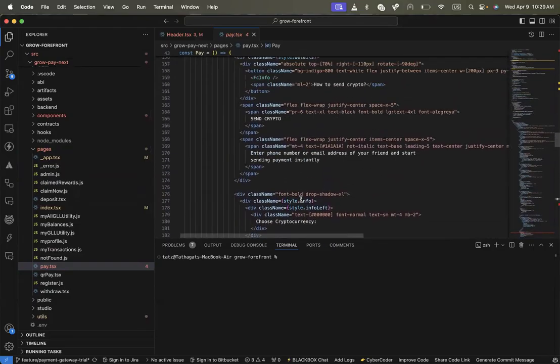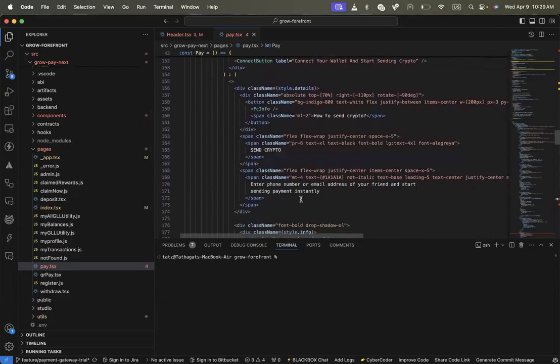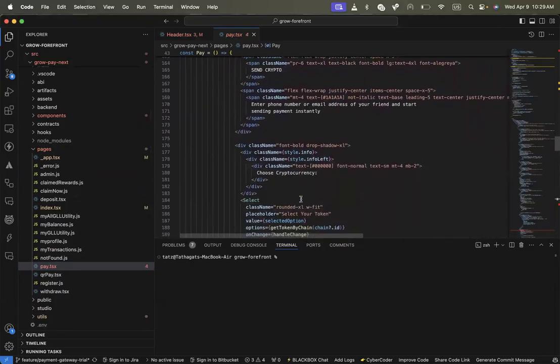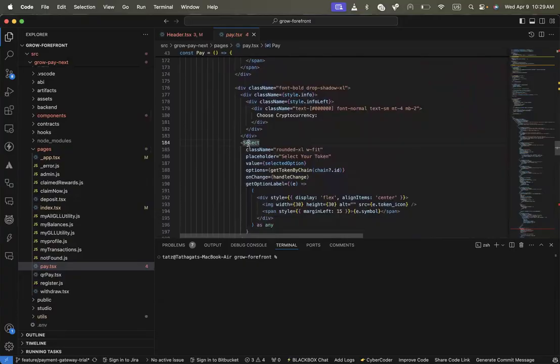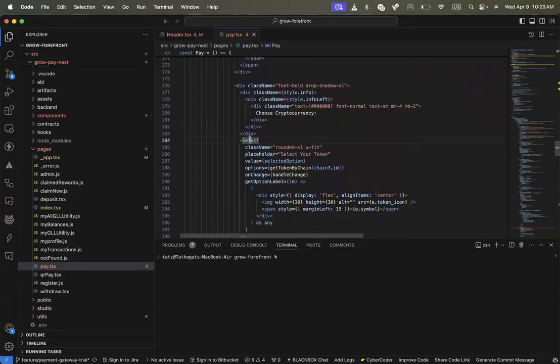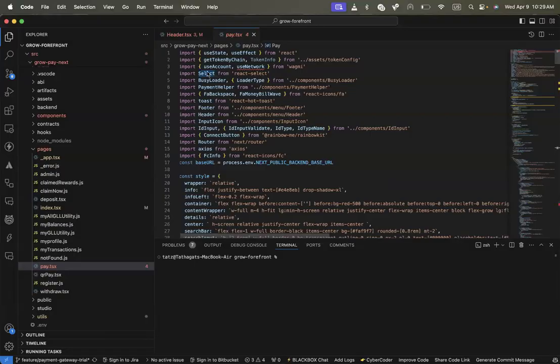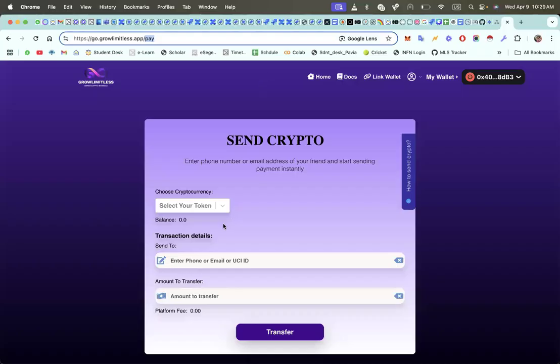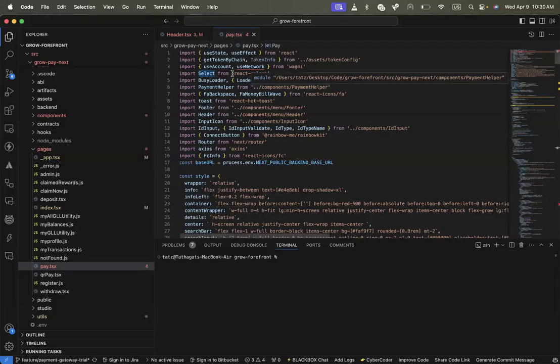This is normal HTML code itself. Nothing new over here. Let's see. Yes, this is the select. What is this select? If you want to see, it is highlighted. Select is another library I used, because for this bar and this styling you can use a normal HTML dropdown also, but then you have to write styling to make it look good. So that is why React Select is another third-party library,